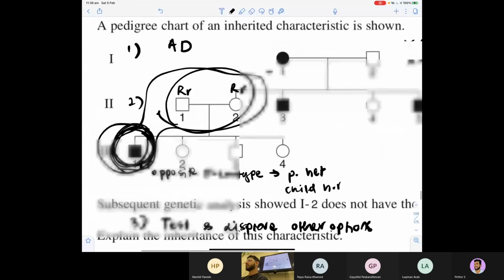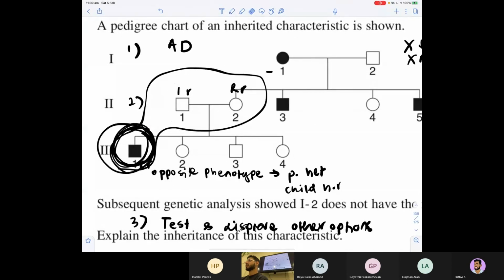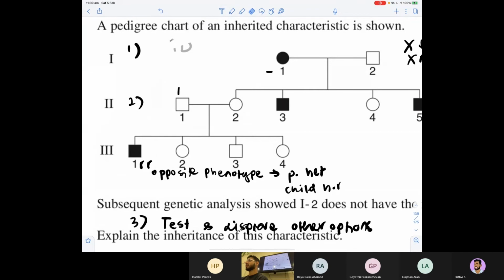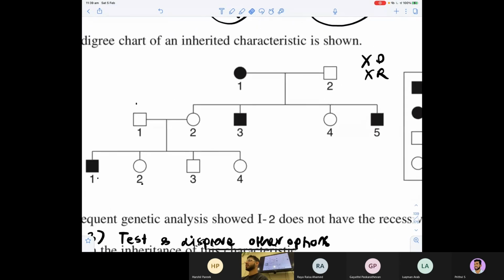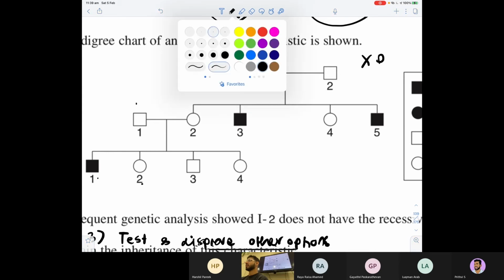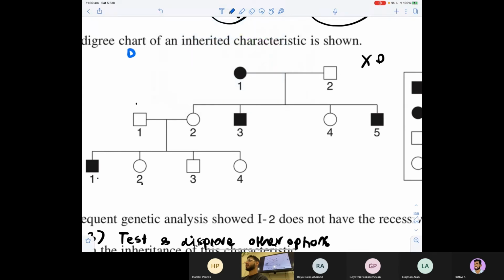This is a harder job. So maybe I'll start with you, Jessica. How do you test whether a condition is X-linked recessive or X-linked dominant? What do I do? It's a pretty tedious set of steps. So let's say I'm going to check whether this is X-linked dominant. If it's X-linked dominant, what is the disease indicated by, a capital R or a little r allele? Capital R. So I want you all to write that. I always do that, even to this day. I write capital R equals disease,